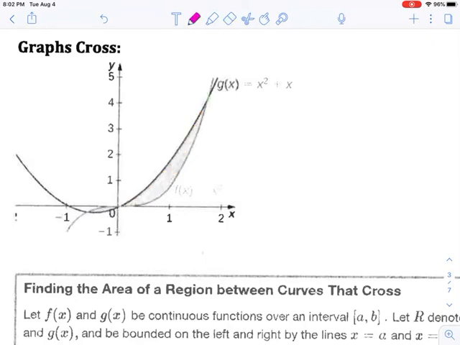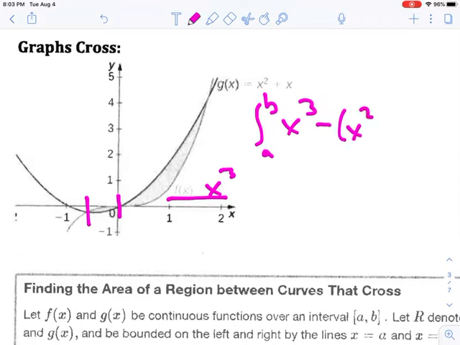And so from this point here, I'm not sure what that point is. We could actually graph this problem in Desmos. From there to here, the function f of x, which I believe is x cubed, it's a little bit hard to read here. So we have to set up the integral from a to b, whatever a and b are, of x cubed, that's the function on top, minus the function on the bottom, which is x squared plus x